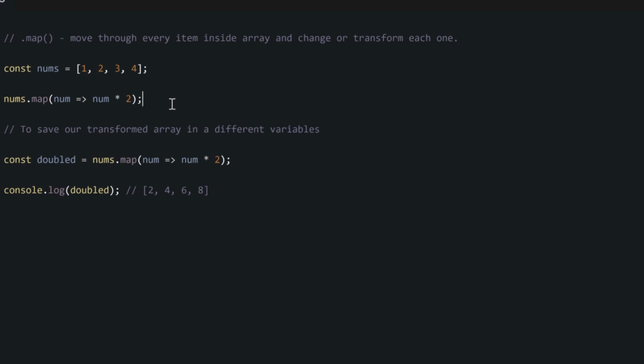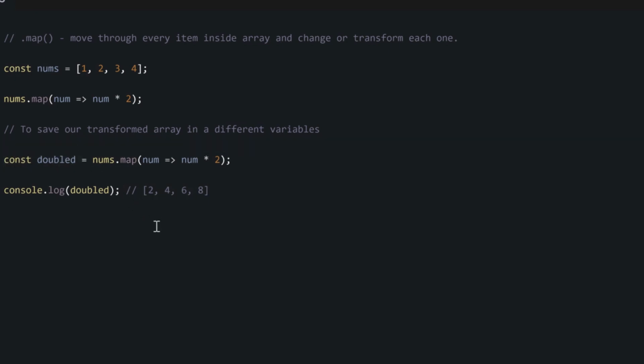So now after you don supply the parameter and then you do the arrow function, you will come do the kind transformation where you want perform. This one, we just want multiply each of our item by times 2. So now this one go loop 4 times. So for the first time, num will be 1. You go do 1 times 2. You go save am inside one new array. Then it go do 2 times 2, save am. 3 times 2, save am. Then 4 times 2, save am. Then this value, this new array, our transformation, you go come return them back to us so that we fit come save them inside a variable and use this one